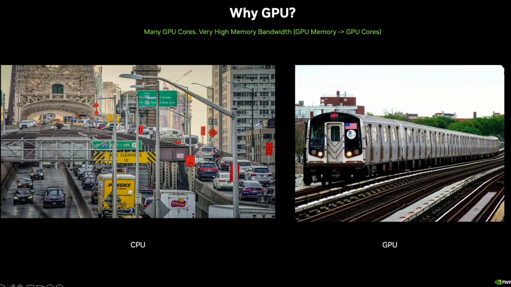The analogy that's often used in our introduction to CUDA training courses is a comparison between a car and a train, with the car being the CPU and the train being the GPU. Imagine right now you want to go back into the city, back over to Manhattan. You could either drive or take the train. If it's the middle of the night when there's nothing on the road, the car's probably going to be the quickest way, right? There's no traffic, you just drive straight over. But as more and more people want to drive into the city,